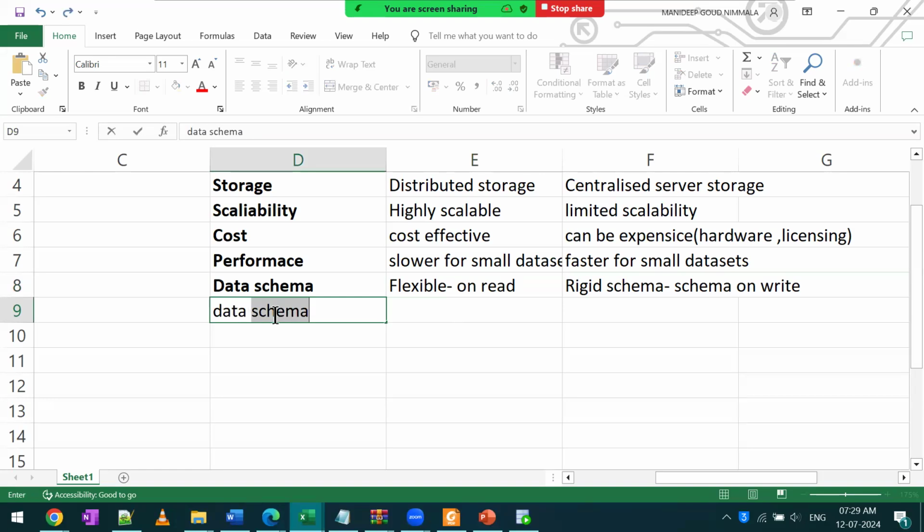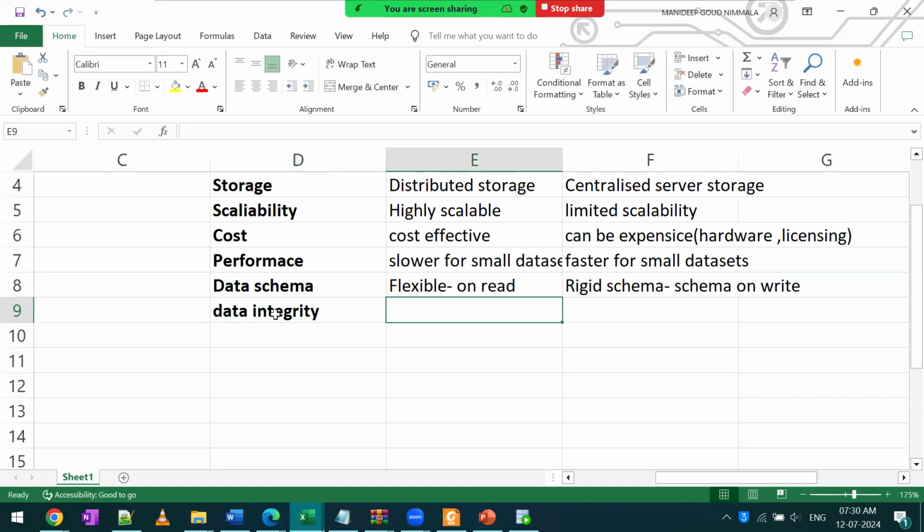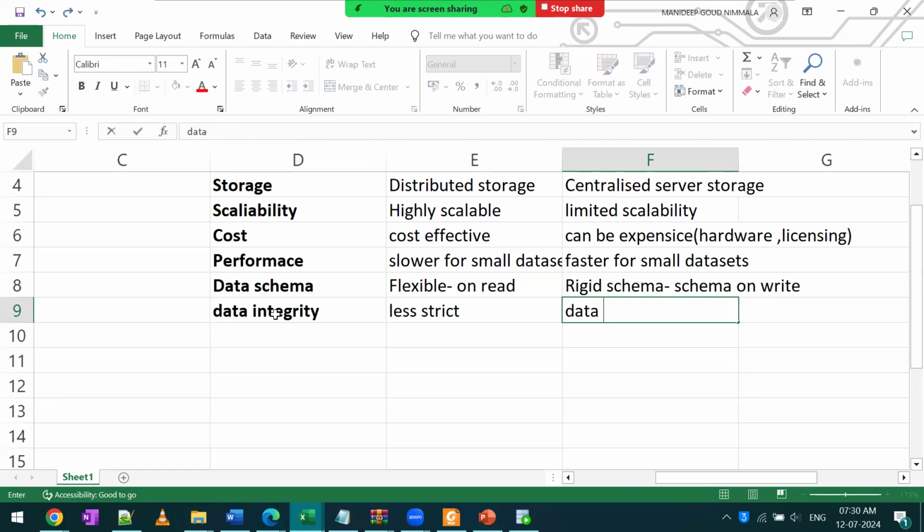And data integrity, it is less strict. I told you, right? Why? After getting the data only, we are reading the schema. So we may lose some integrity. Here, we have some data consistency